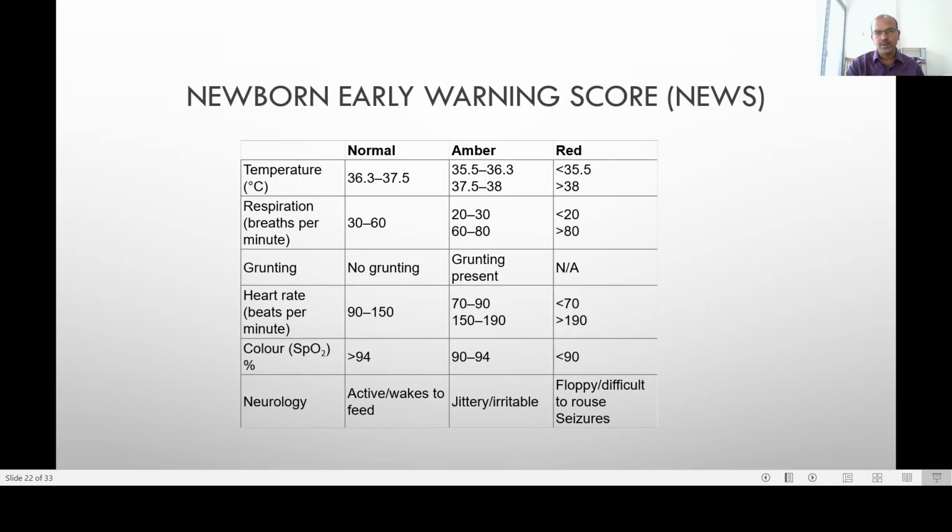needs immediate assessment. So if there is one amber observation, you need to repeat the observations in 30 minutes, but inform the doctor or midwife and look for factors that may improve it yourself, depending on which aspect of it is abnormal. For example, if the temperature is coming on the cooler side, you look at the room temperature, you look at the wrapping. If the baby is warm, you can again look at the room temperature, look at risk factors closely, and so on. If there is 2 amber or 1 red, immediate review by the pediatrician is necessary.